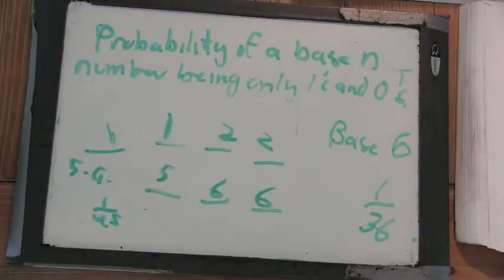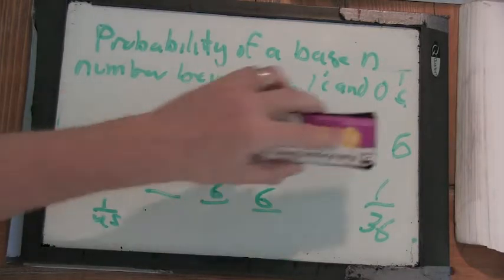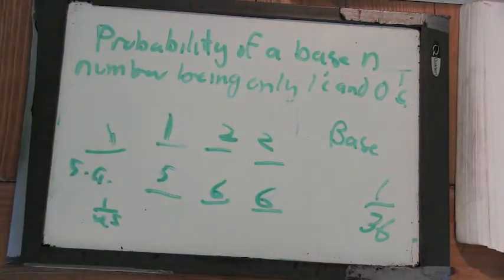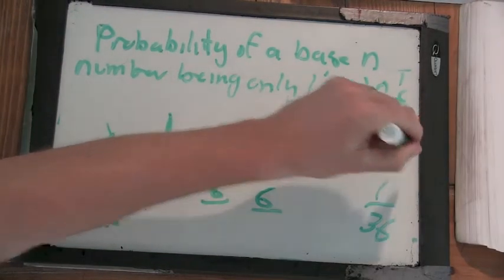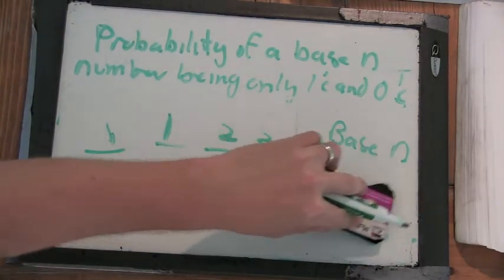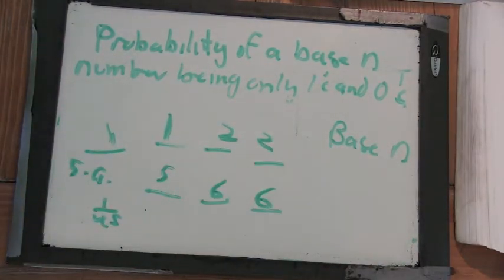Okay, so you went in base n. Are you interested in seeing? Okay, if we see the pattern, we can check it for base n, and we have to make n, let's say, greater than 3 or something. And we hope that when n equals 5, we get 1 out of 25. We hope that when n equals 6, we get 1 out of